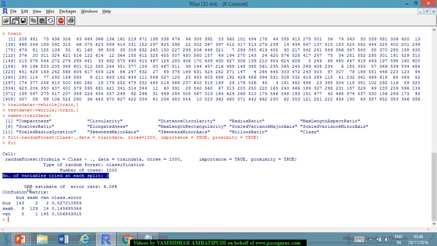The out of the bag error estimate, the error rate is only 6.08 from the training data. This is an error rate with respect to only the training data. This error rate is coming out to only 6.08%. And look at the confusion matrix, the classification. So this is the prediction part, this is the actuals. You could clearly see here